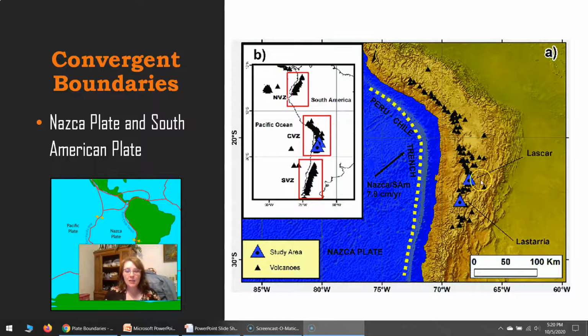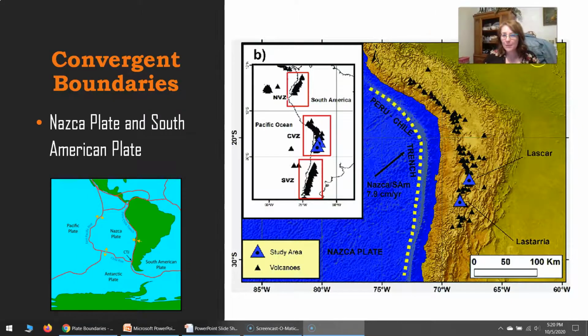You can see that there's a lot of areas where there's volcanic activity in this mountain range. That's typical when you have an oceanic plate going under a continental one. I'm going to move my face over here. Okay,